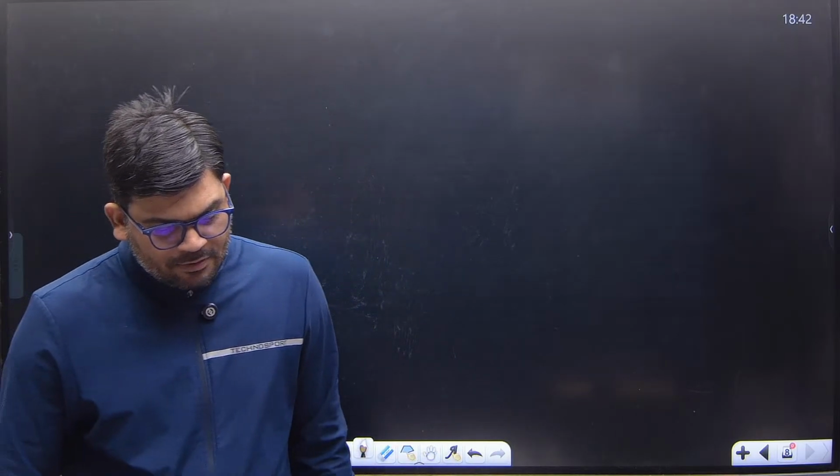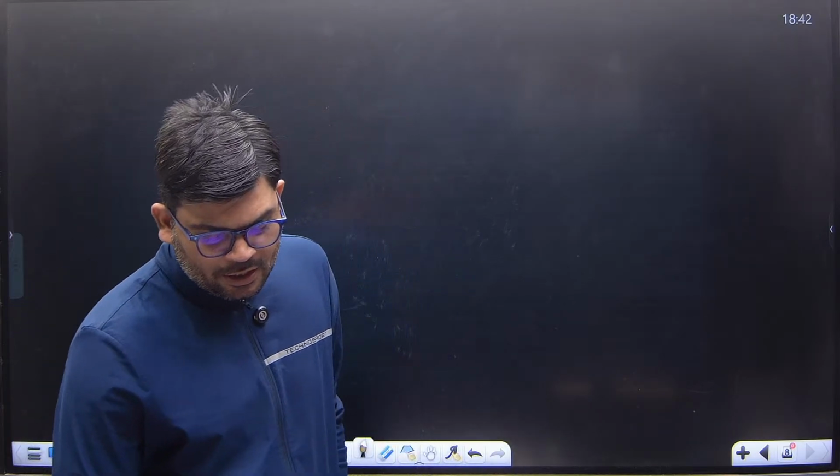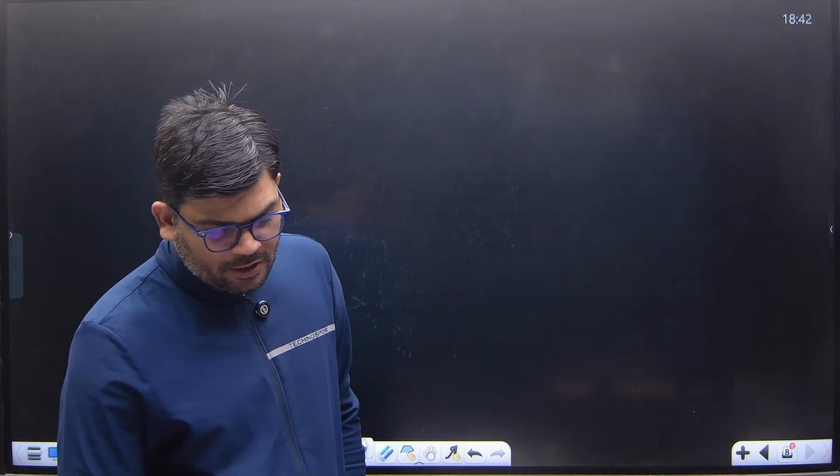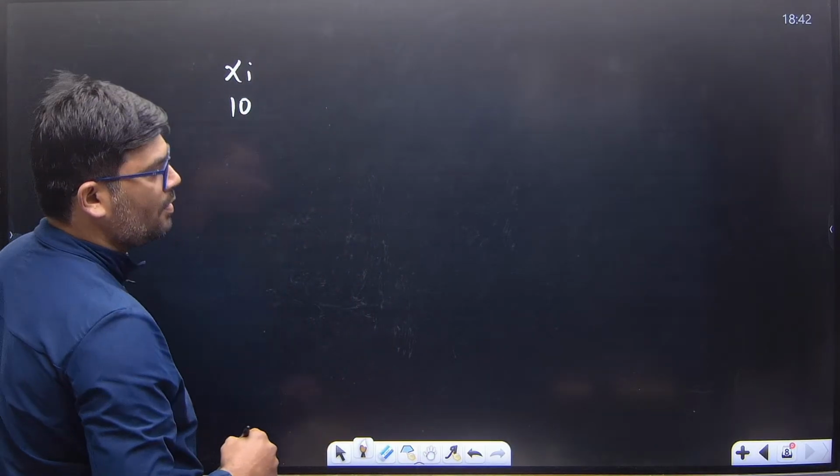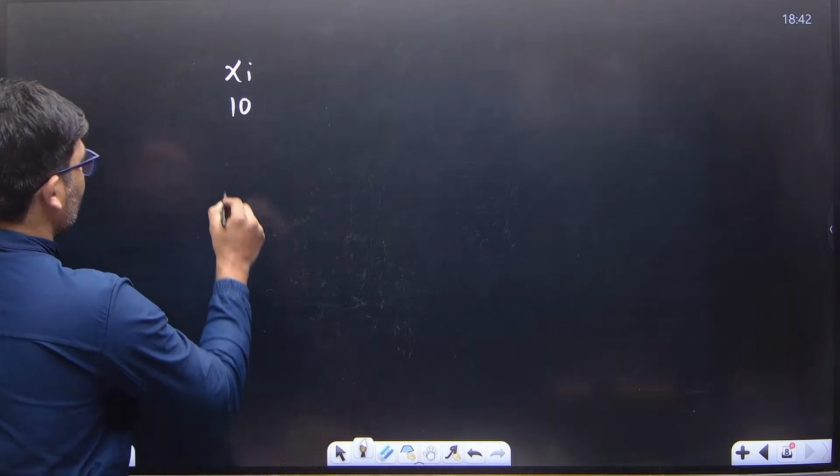Okay. Then there is one more question like this, where sigma fi is given. The mean of the following distribution is 50 and the sum of the frequencies is 120. Find the values of f1 and f2. So they have given the data like this. Xi is 10, then you have 30,